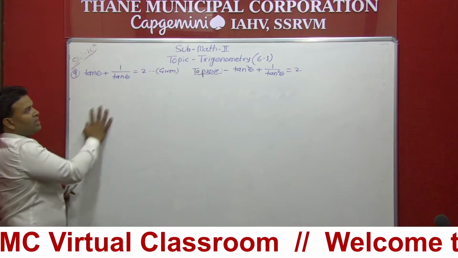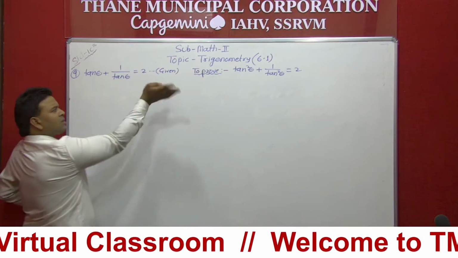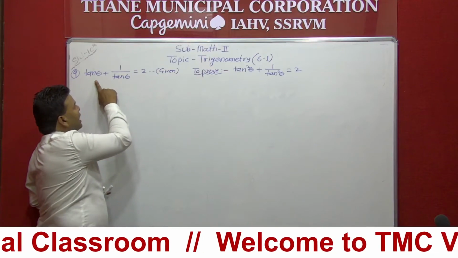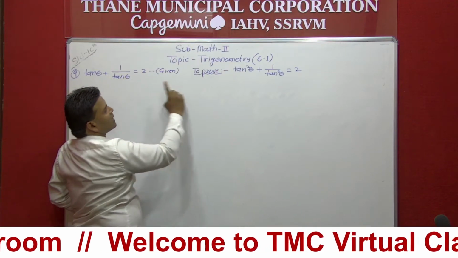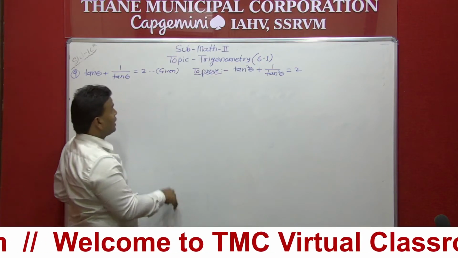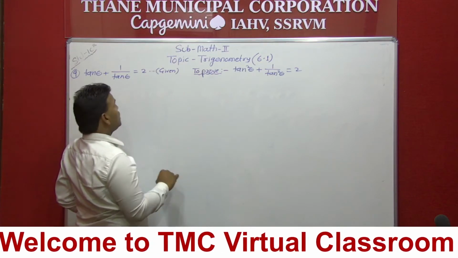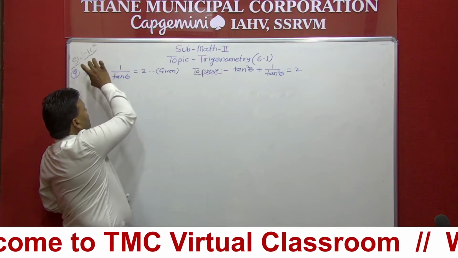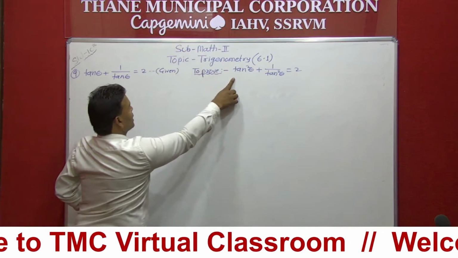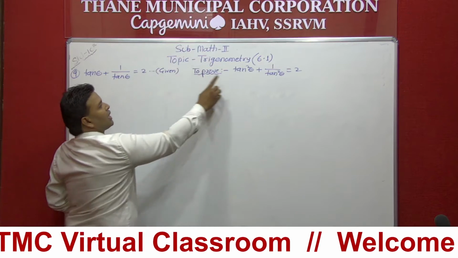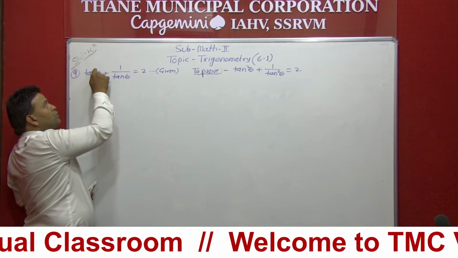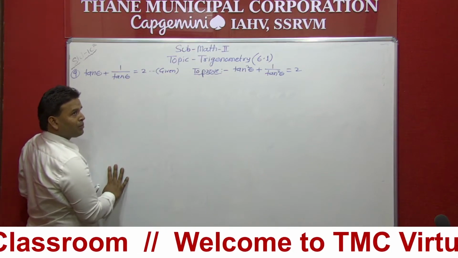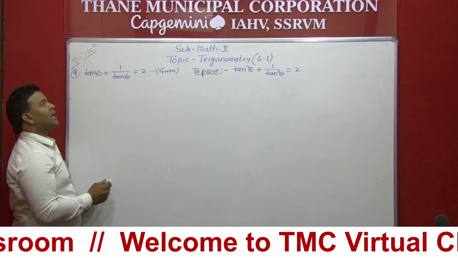Whatever we are given here, we have to start from that. Let us just compare these two. Here we have tan theta, here we have tan square theta. Here we have 1 upon tan theta, here we have 1 upon tan square theta. The only difference is square. Here we don't have square, and here we have square. So we will try to bring the square here. We have to think about this first. So how will the square come? Naturally.